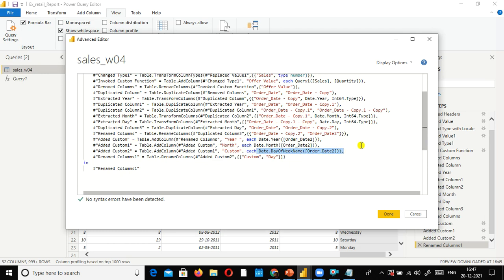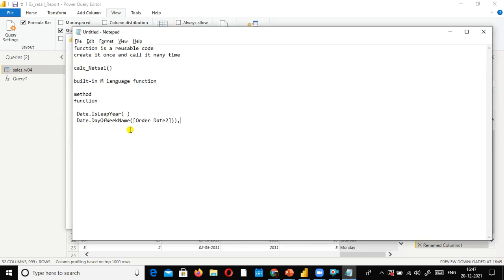This is the function which is readily available. This is the function already developed by someone. All I have to do is specify which column I want to find out the name of the day for, right? So in my case, order date. All you need to do is specify the column for which you want to find out the week name, or for which date column you want to find out the day name. So you need to specify the column name. That's all. It's pretty easy, right?